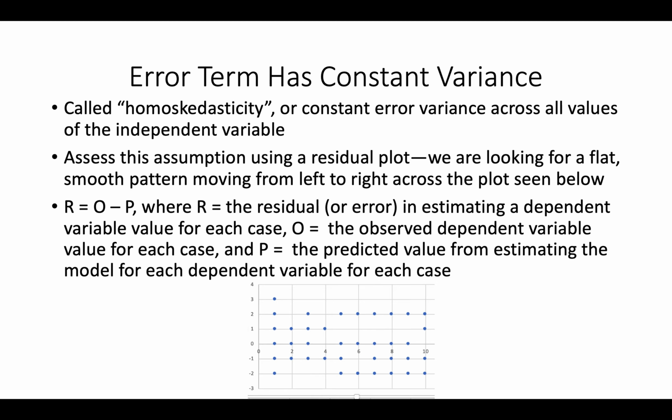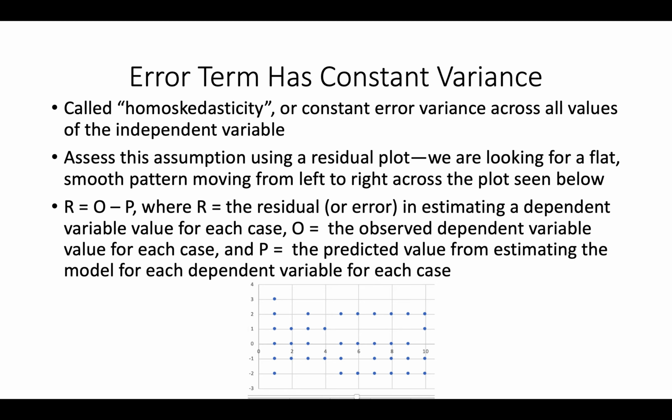Once we calculate these residuals for each case, we can plot them in a scatter plot where the x-axis contains all the possible values for the independent variable, and the y-axis contains the residual values, standardized by their z-scores so that they are constrained between +3 and -3 standard deviation units from the mean residual value of